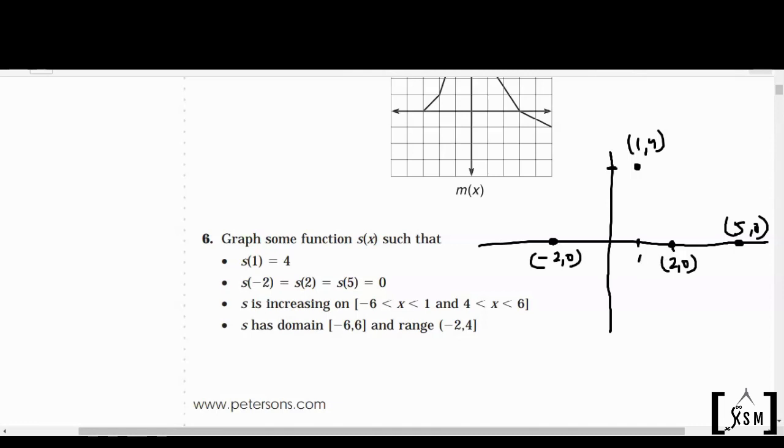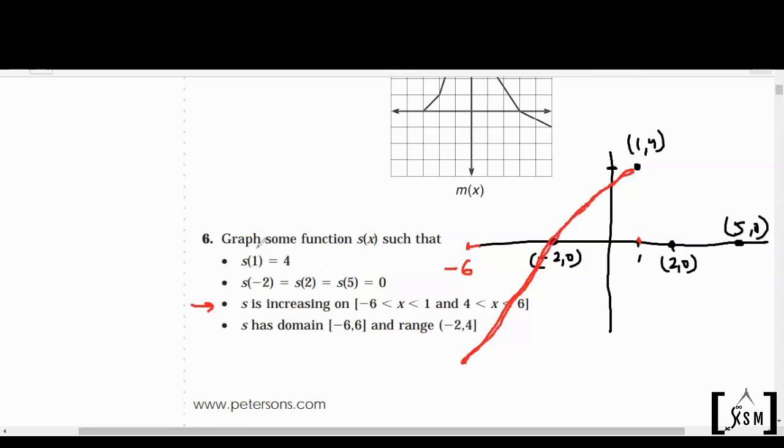And then third condition is S is increasing on minus 6 to 1. So where is x increasing from minus 6 to 1? It could be x minus 6 is somewhere here, right? So it could be a graph somewhere looking like it because it is increasing all the way from there to there. So it has to be increasing from where x is minus 6 to where x is 1. So yes, this could be the graph.